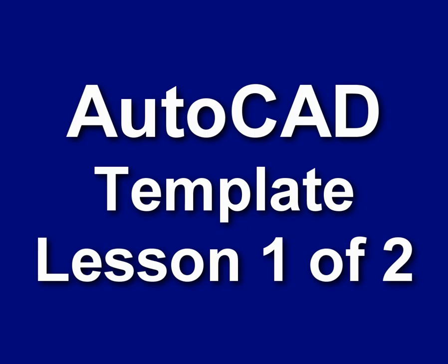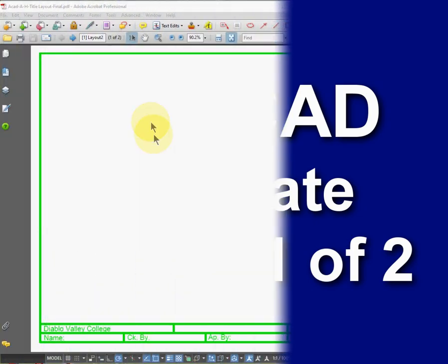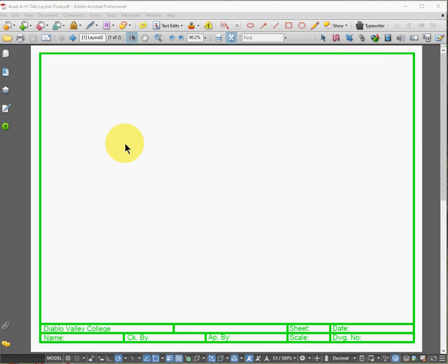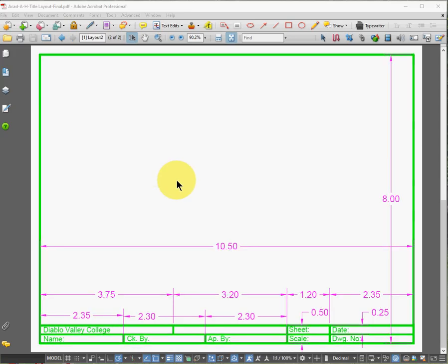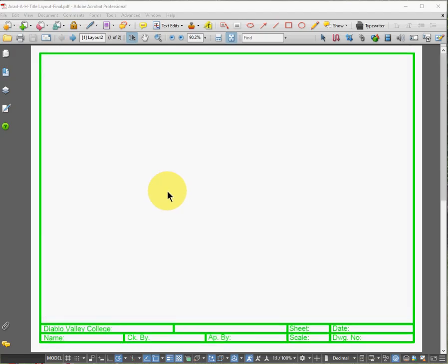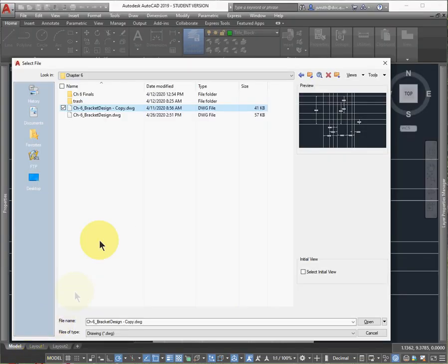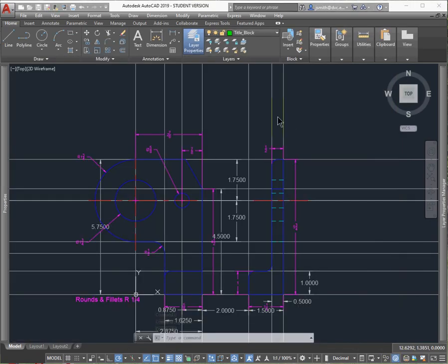In this lesson, we're going to be making a template similar to what you're seeing here, and the dimensions. So a template can be used on all your files, and it's all in the layout mode. And so what we're going to do, in this application, is open up an existing file that